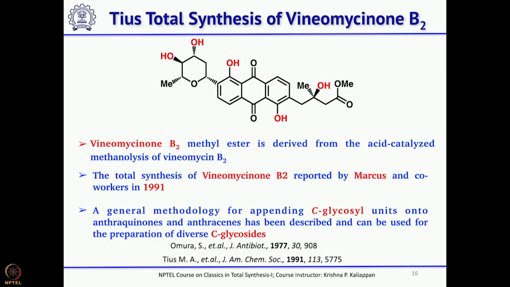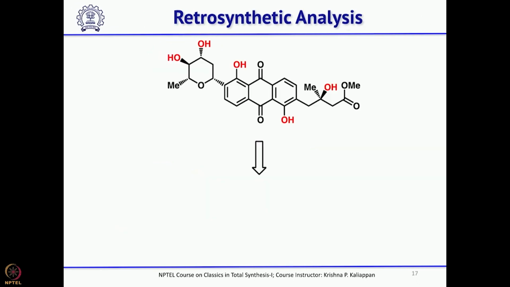And now let us see the second total synthesis, which is a chiral one, and this was reported by Marcus Tius. So the left hand side glycal part, he started from D-glucal. So D-glucal was the key starting material to introduce the chiral center. And according to him,